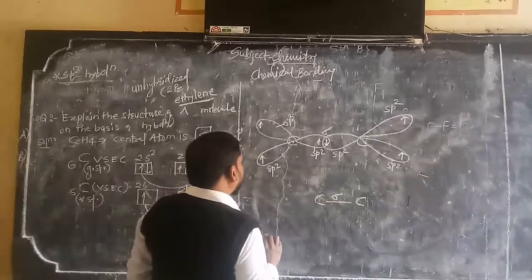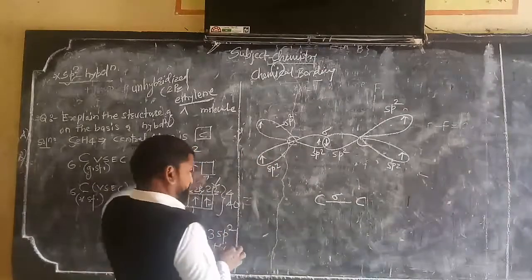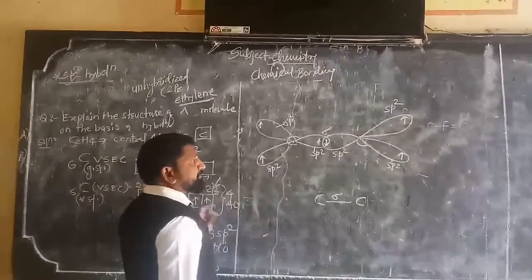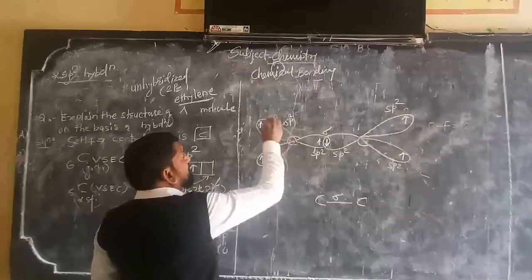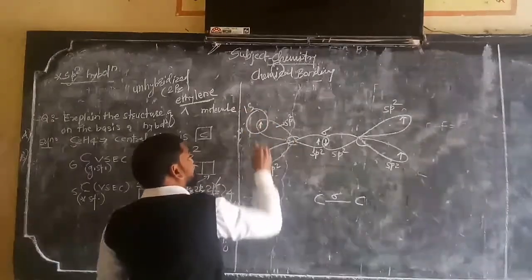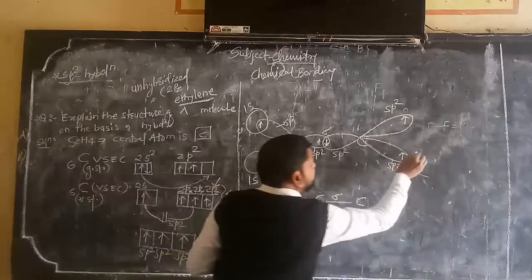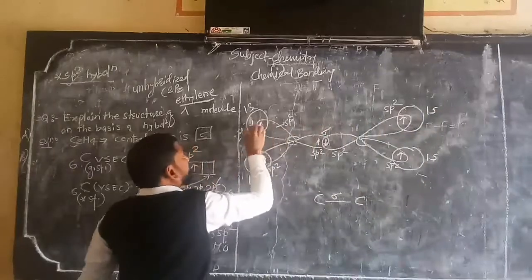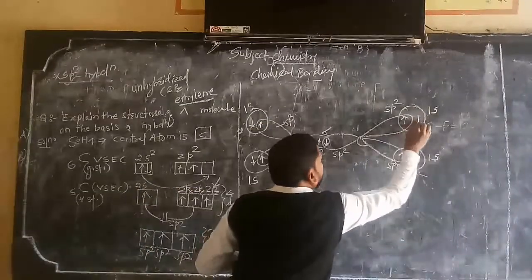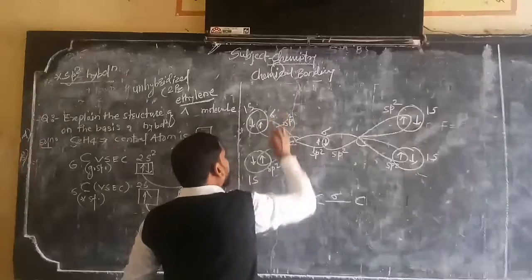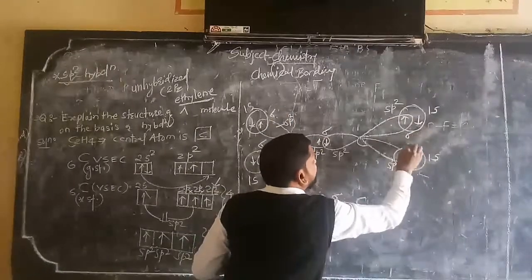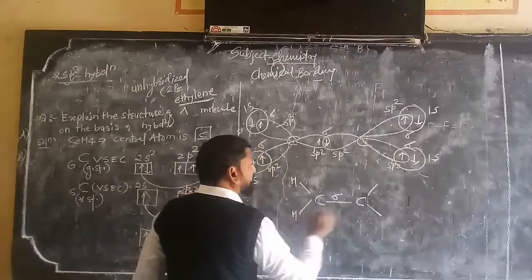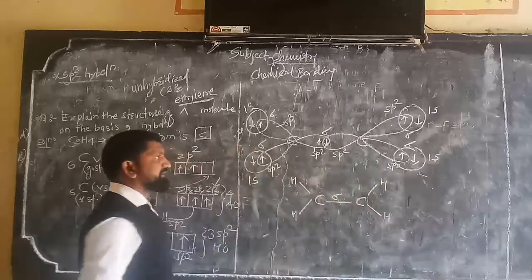Now after that what happened? Just like yesterday in methane or ammonia, the remaining sp2 hybrid orbitals overlap with the 1s atomic orbital of the hydrogen atom. See here 1s, see here 1s. No doubt they again carry an unpaired electron. So again there is a formation of sigma, and sigma. So how many sigma covalent bonds form? 1, 2, 3 and 4, exactly.